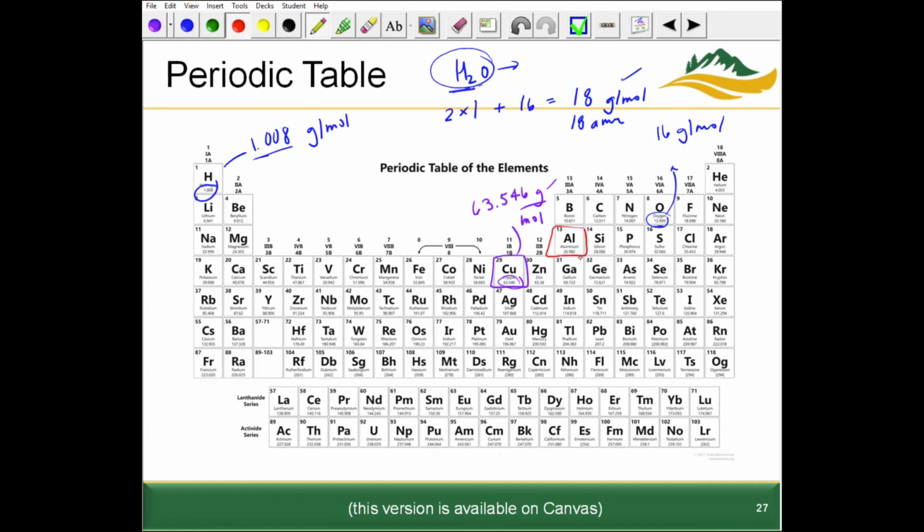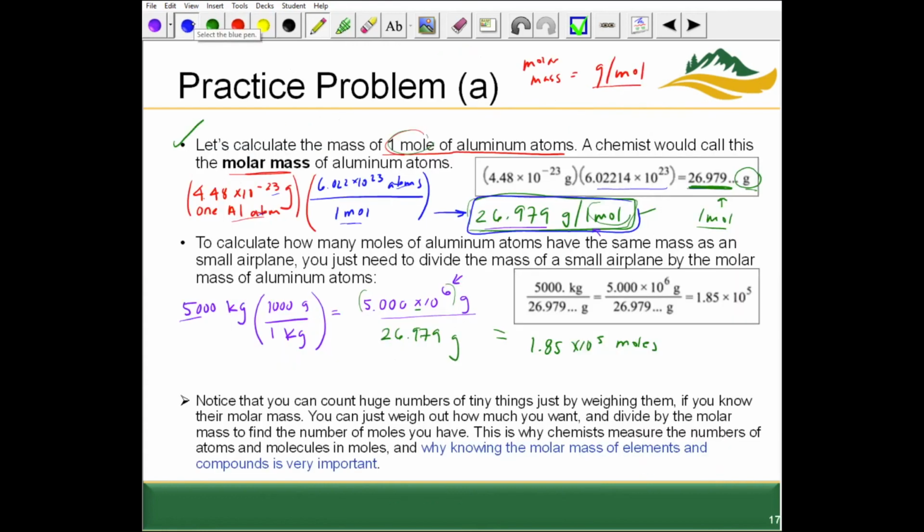We could have gone to the periodic table to see 26.982. When you see that number for aluminum's atomic mass, remember we think of this then as grams per mole. 1 mole of aluminum atoms weighs 26.982 grams. This kind of problem also encourages you though to think about this definition and how we use Avogadro's number. So we had the gram amount, then to get this into a per mole basis, we needed to use